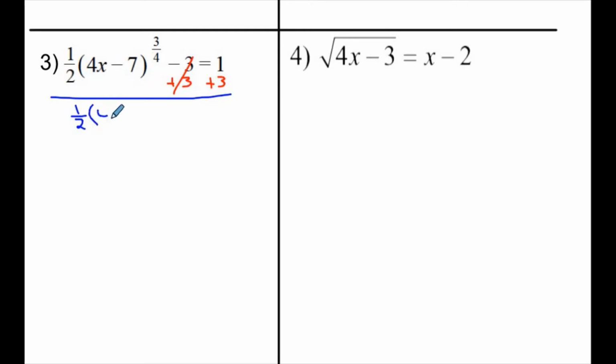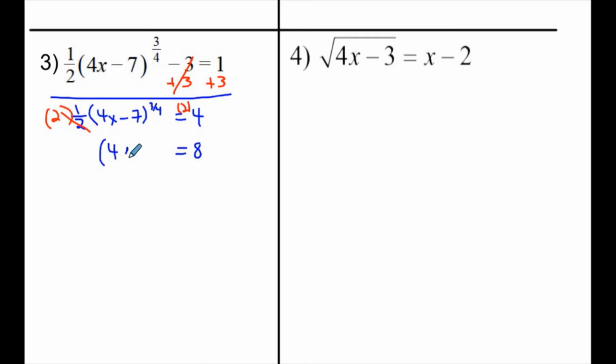Remember, it does not have the same base or the same exponent, so there's nothing you can do but wait to the next step. And we did addition and subtraction. The next step is going to be to use multiplication or division. So if we multiply by 2/1 or 2, that will get rid of that. And then 1 plus 3 is 4, so we multiply that by 2, and that will give us 8. All right, so over here it canceled out, and then I drop down the grouping symbol with the exponent,